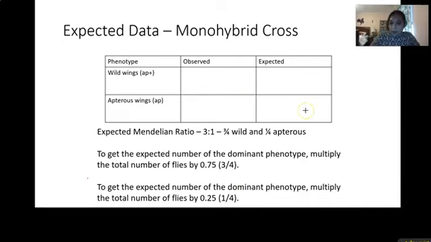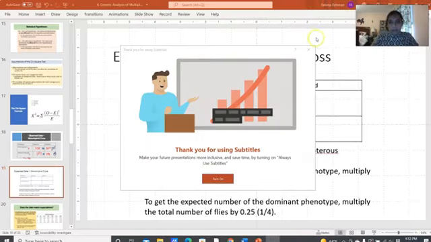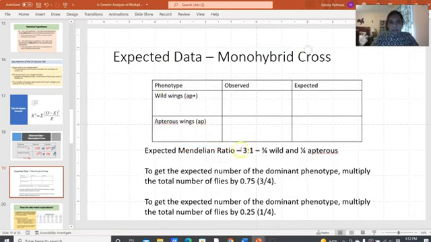Okay, so once we get those numbers, it's not moving. My computer has melted. Sorry about that. Oh, there was some weird thing that was going on. Okay, so